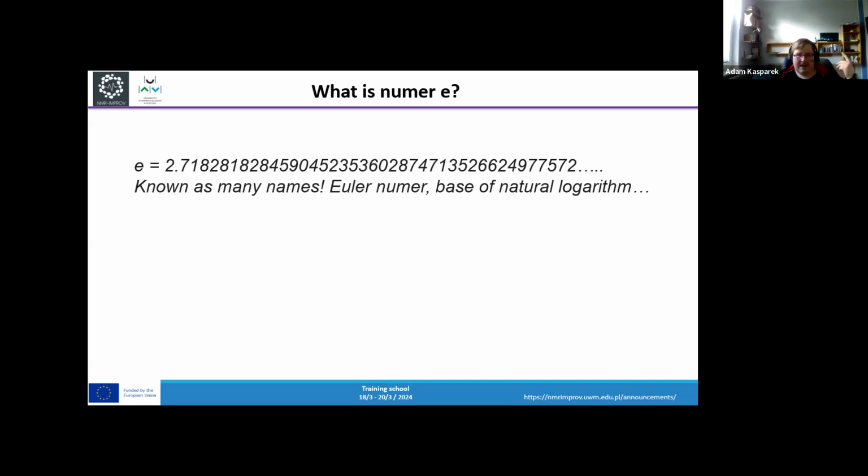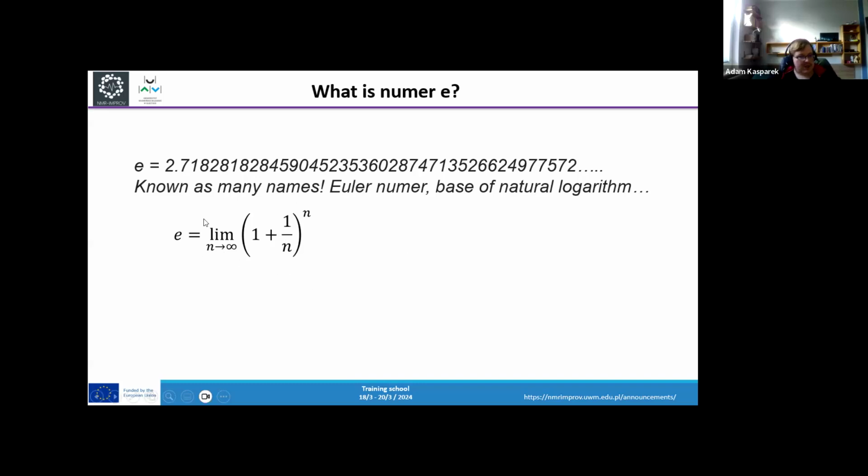And frankly, from the physical and mathematical point of view, this number here is of equal importance as the pi number. However, sometimes it does not appear in high schools. Of course, it depends on the country, but in Poland, very often it's not appearing during high school. And frankly, the e number is